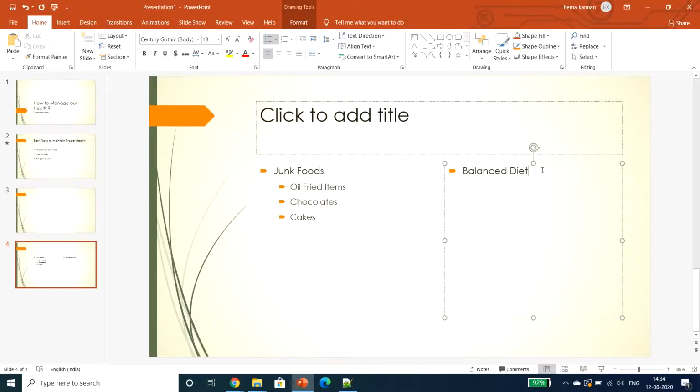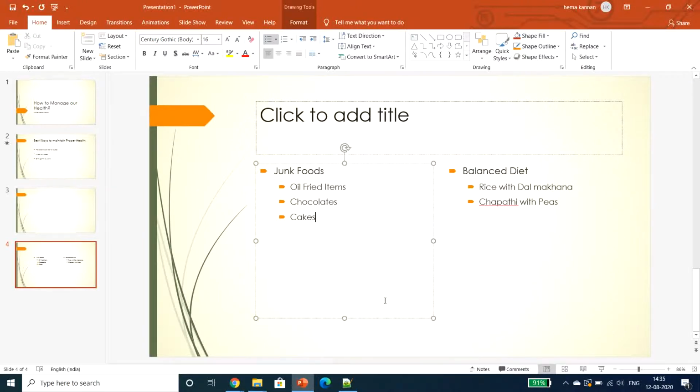For balanced diet, I can say rice with dal makhani, and chapati with peas.